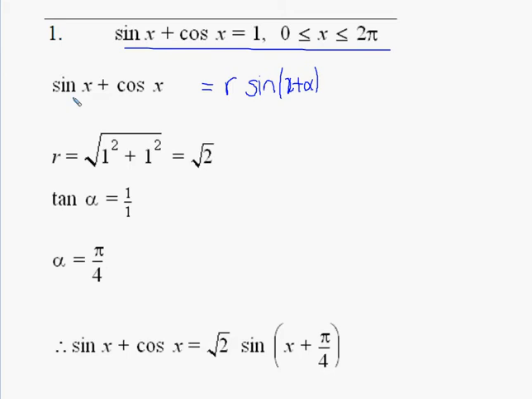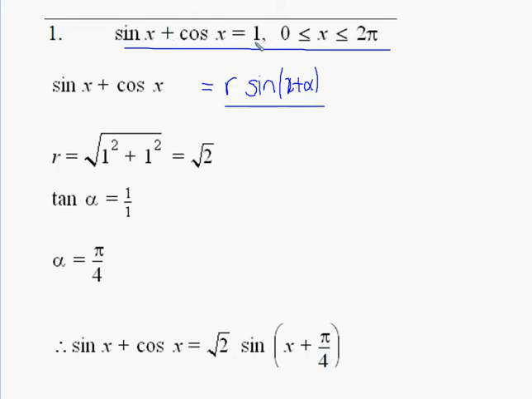So we must manipulate sine x plus cos x into some form, and I'm going to do it to r sine x plus alpha. From that situation, r would be root 2 like we've done before. Tan of alpha is 1, so alpha's pi on 4. So we can write sine of x plus cos x as root 2 sine of x plus pi on 4,